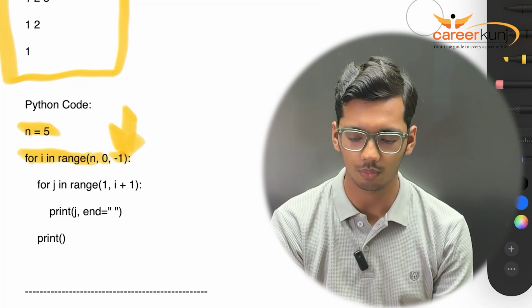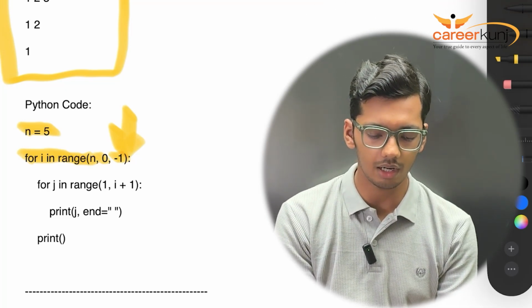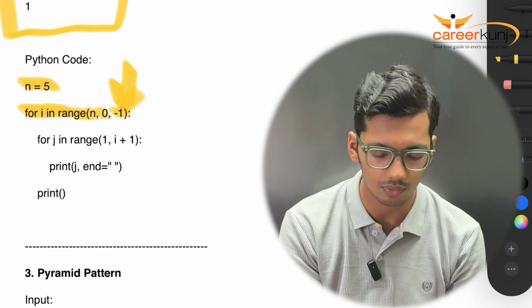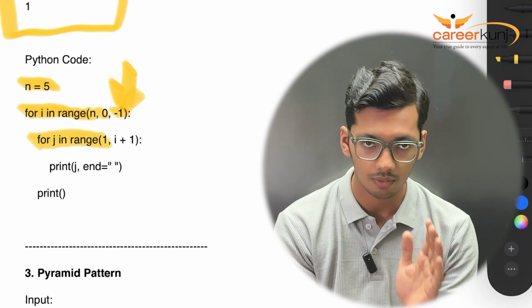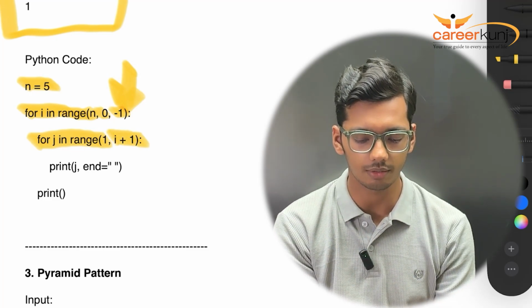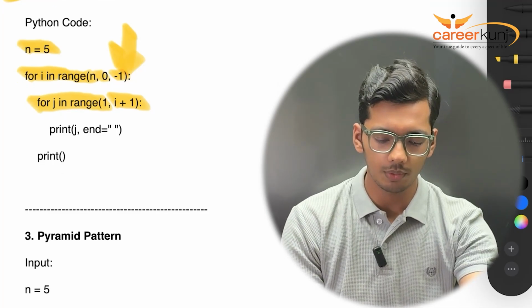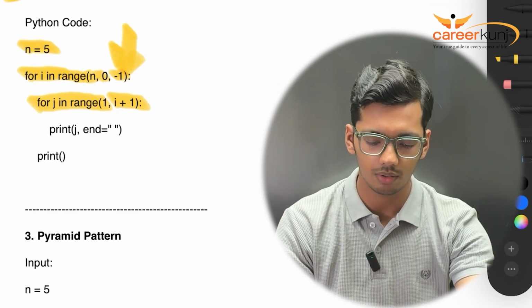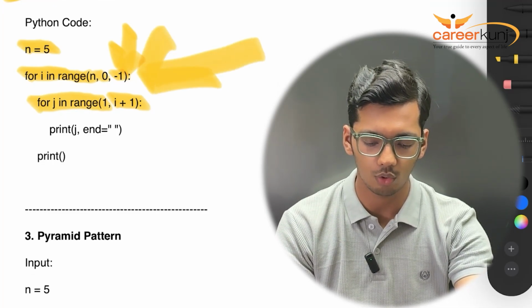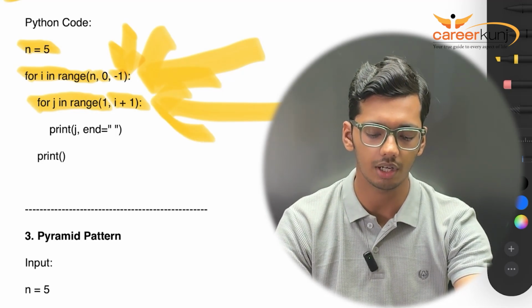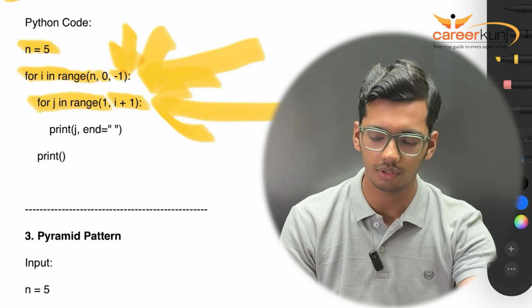So this is my first loop. Now coming to the second loop. Inside the loop of i, based on my value of i, my second loop revolves, that is for j in range of 1 to i plus 1. All right, so we have two loops, one inside the other. First is the loop of i, second is the loop of j, which revolves around the loop of i, and at the end I am printing j with a space. So how this will work is,